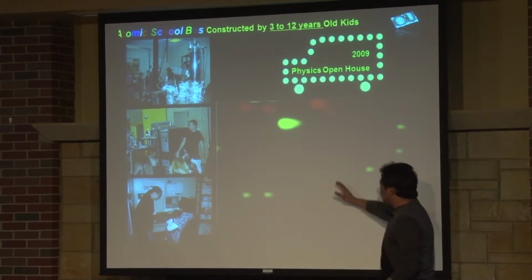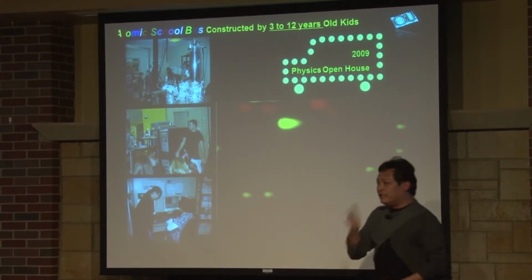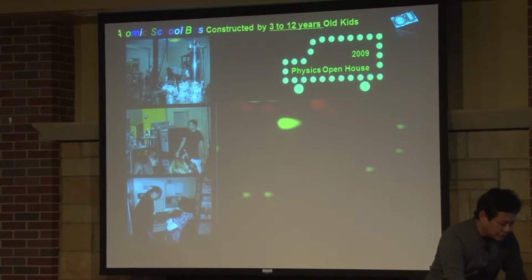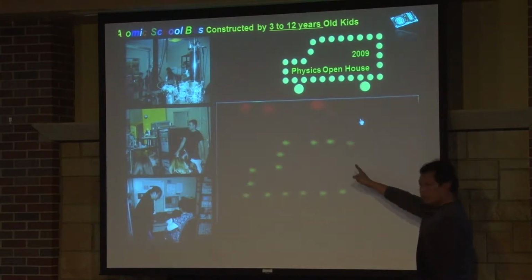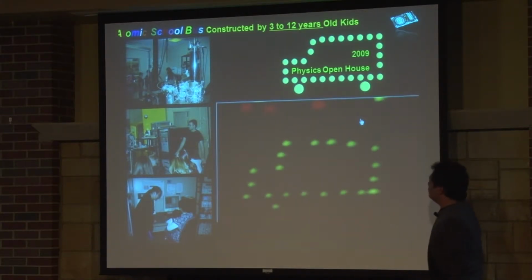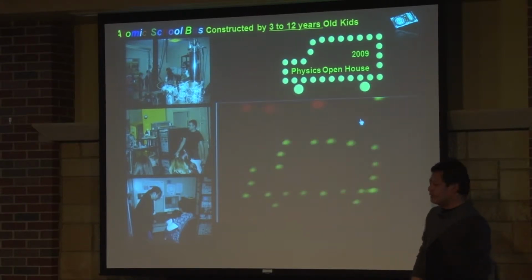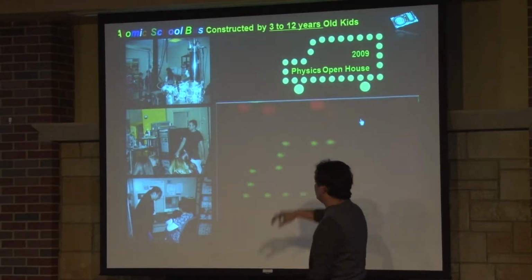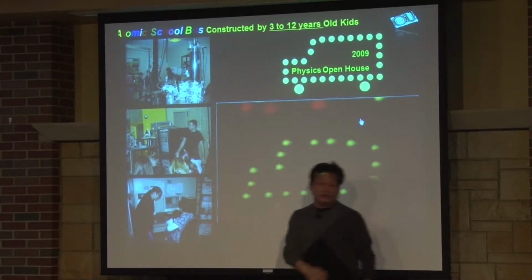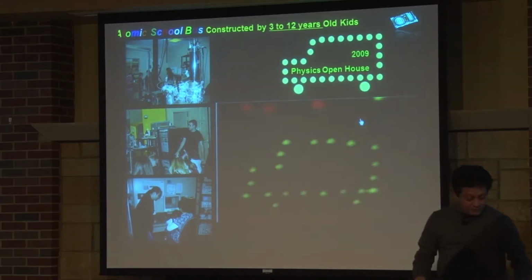Okay, I'm going to show you a movie here, and that was actually built by kids. Each kid moved one atom, and that's how we made this movie. You will see that these little dots were moved by kids up to 12 years old. So now that's the little school bus, right? This is the world's smallest school bus. And of course, a 3-year-old was helped by the mother. She's also my grad student. But nevertheless, we have this little school bus.